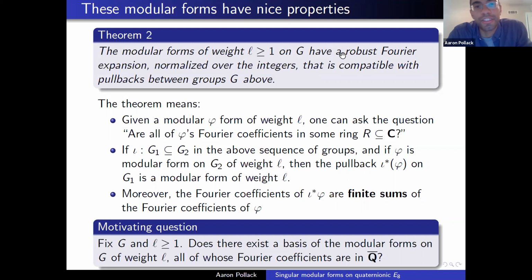Maybe I should mention, just to give some sense of the rigidity imposed by this differential equation. It's true that if you have a modular form of weight L, at least one, on one of these exceptional groups G, and it's bounded, then it's necessarily cuspidal. That follows from the theorem behind this theorem 2 here. So if you're bounded and satisfy this differential equation, then you're necessarily cuspidal and thus rapidly decreasing.